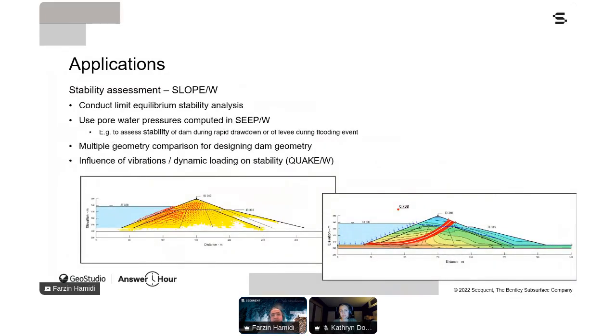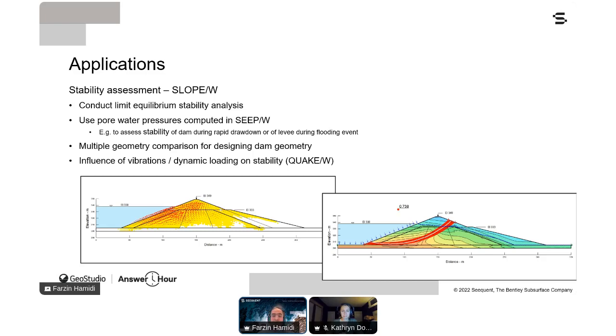SLOPE/W is the other GeoStudio product. It can be used to conduct a limit equilibrium stability analysis on dams, levees, or embankments, and can use the pore water pressure computed from the SEEP/W analysis when determining the factor of safety. This is useful for situations when pore water pressures are changing and these changes may influence the stability, like during the drawdown of a dam or reservoir, or when you have levees during flooding events.